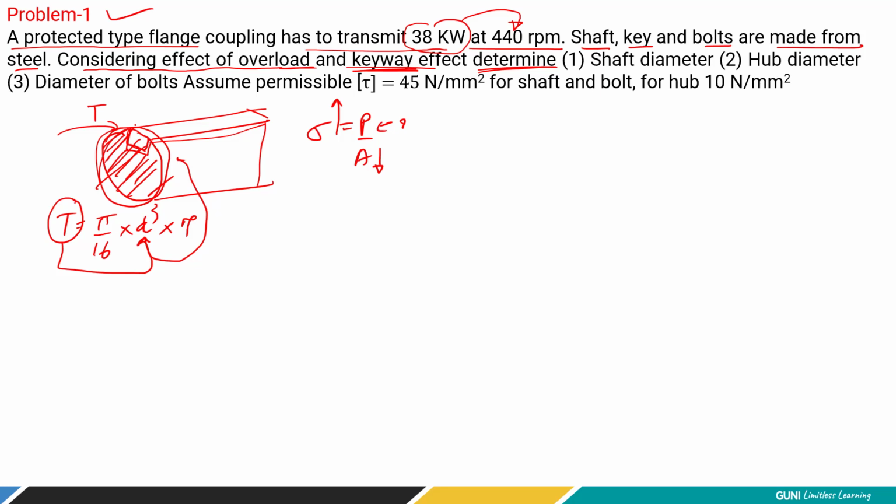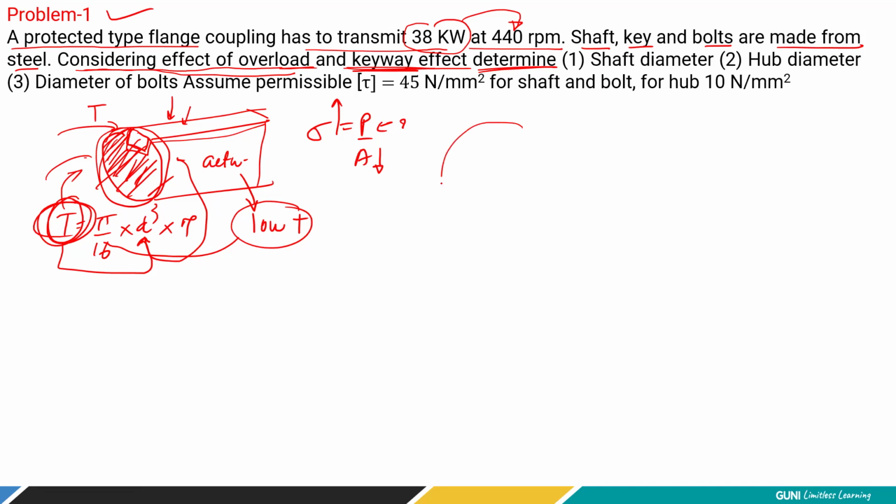We are making it a lower-strength shaft because of this requirement. Hence it is actually going to transmit lower torque compared to this design value, right? It cannot transmit this same value. In actual practice, we have a keyway, and hence the overall resisting area is reduced, so we cannot transmit this torque. So what the problem says is to consider the effect of keyway and overload, meaning we have to consider the presence or effect of the keyway. Hence we have to make the shaft a little bit larger.